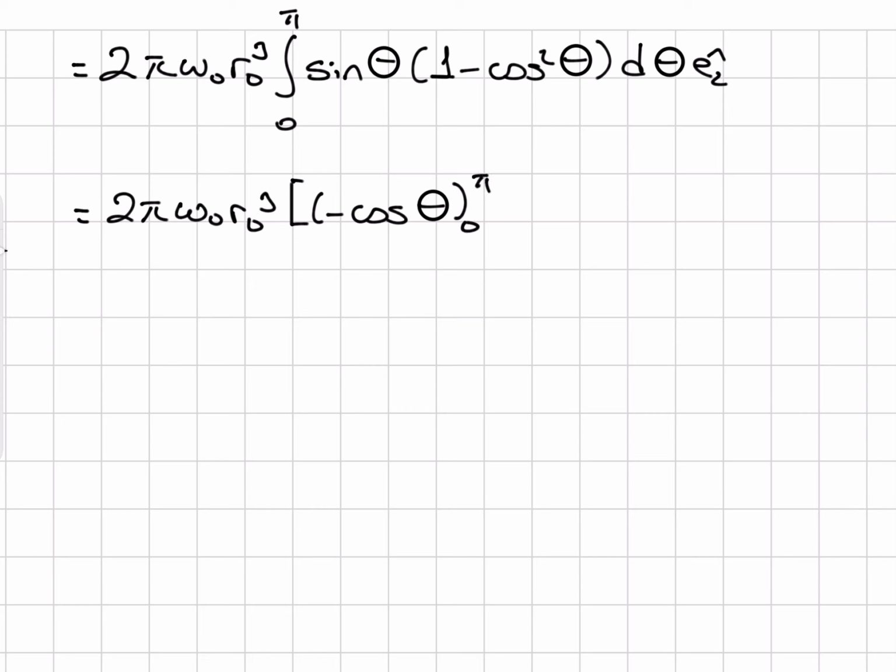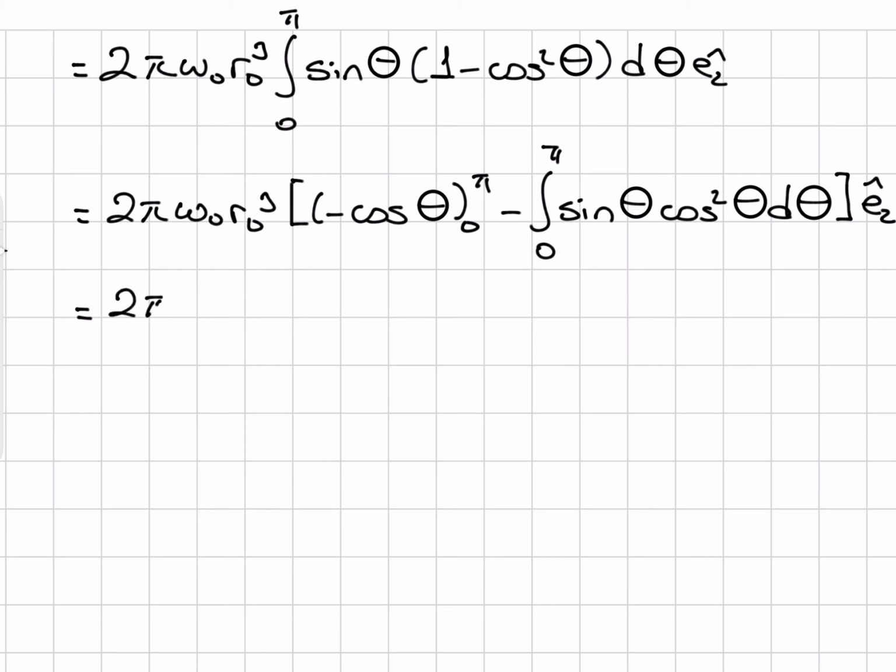And then I have minus the integral from 0 to pi sine theta cosine square theta d theta, and this will be in EZ hat direction. Now we obtain 2 pi omega 0 r0 cube minus cosine theta